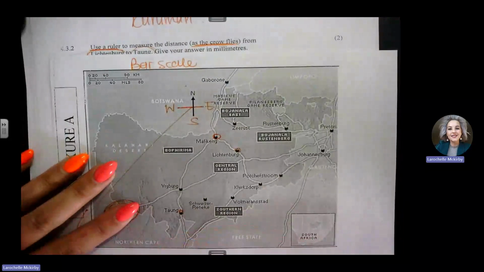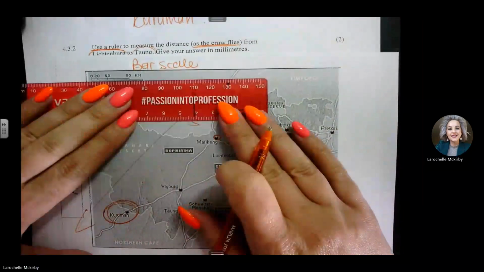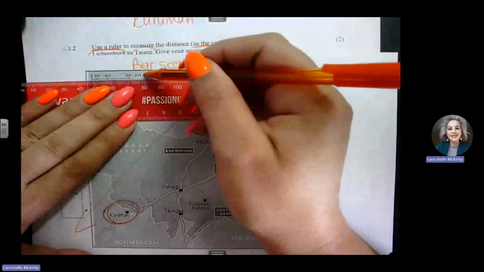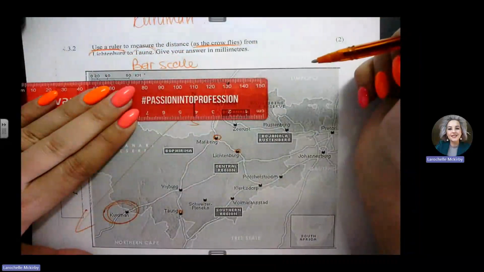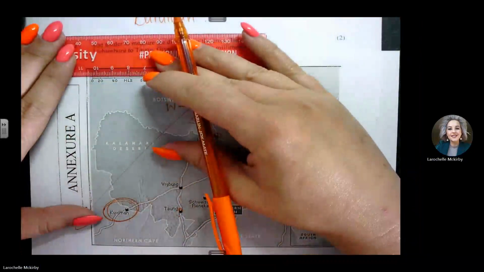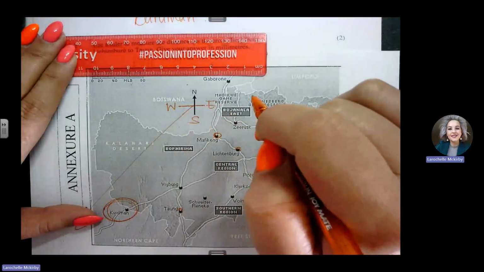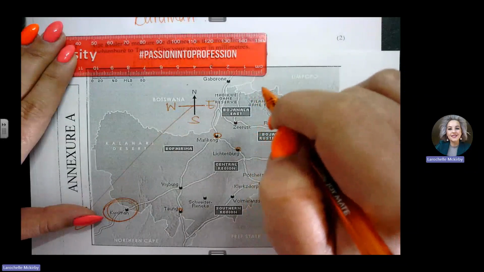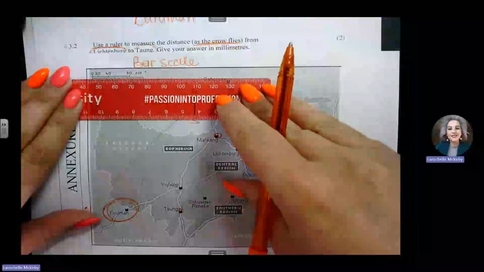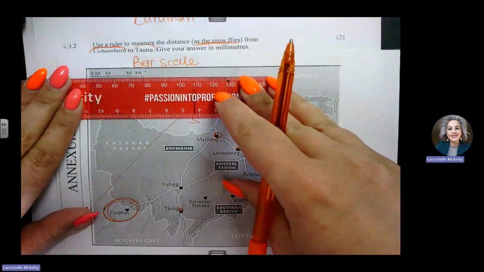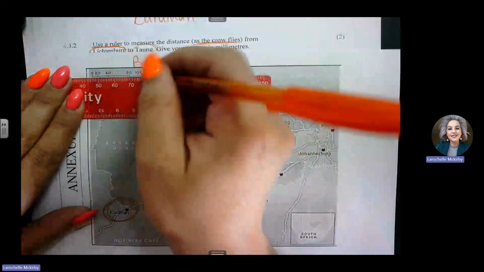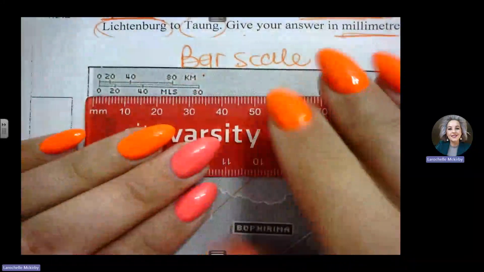Now, let me quickly show you the scale. Top part. Do you see this part here is measured in kilometers? And this part here is measured in miles. And we are not working with miles because that is part of the imperial measuring system. And we are working with kilometers, the metric measuring system. Right. So how do I work with a bar scale? I need to measure it. Again, zooming in for you guys. There we go. And now I'm going to measure it.